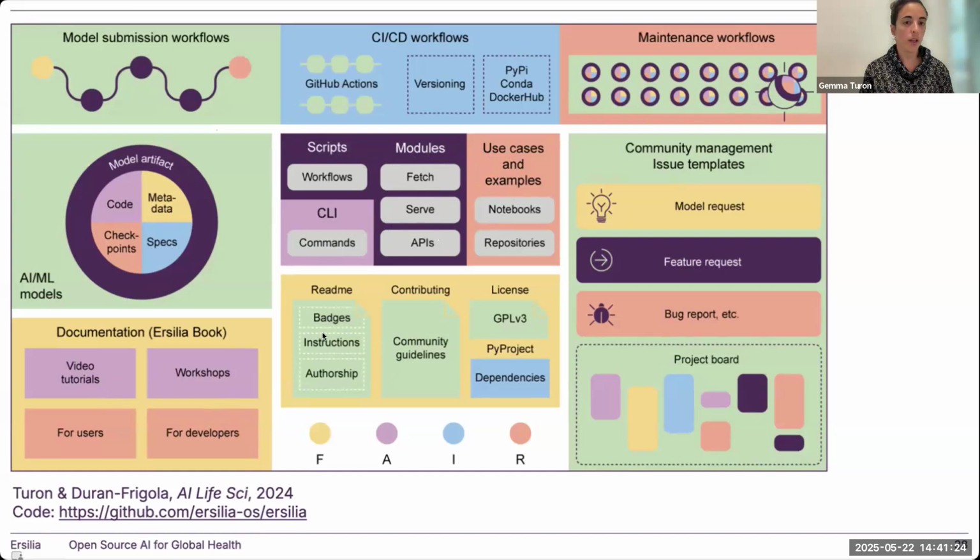So README files, contributing community guidelines, licensing files, obviously. And then finally, we aim to build an open source community around it. So we try to put ways for people to make it easy to interact with us through GitHub mostly, and to work more openly, which is very linked to FAIR, though it's not on the same realm, but work very openly through project boards, issues, etc.